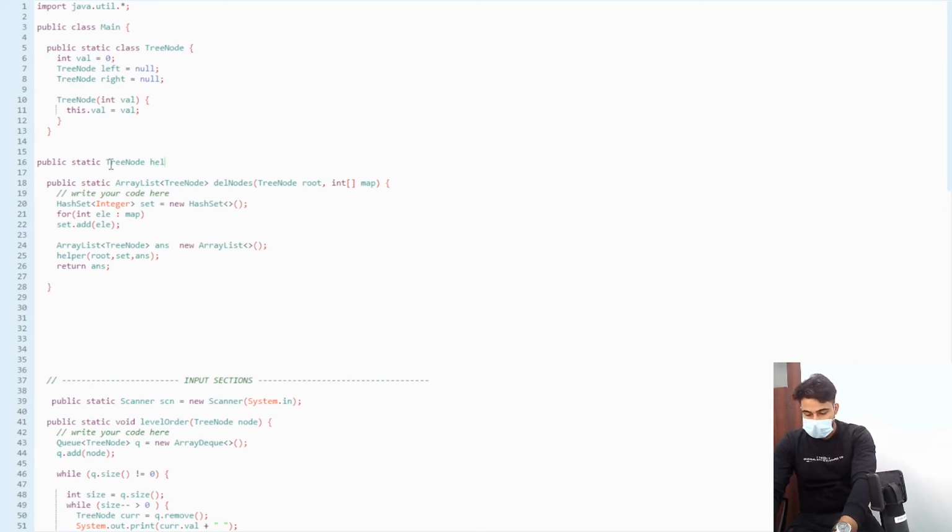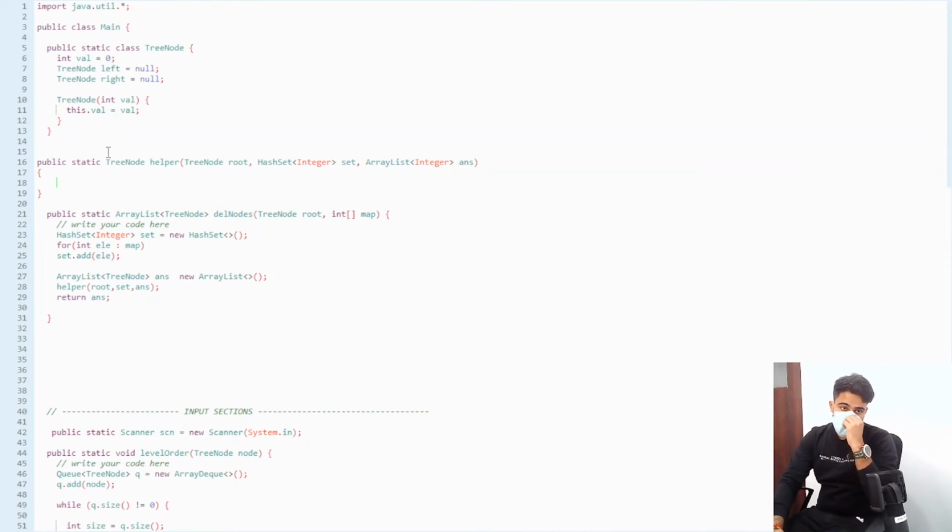Okay, so helper, in tree node root and a set of integer, naming the set, and array list of integer answer. Why I have taken the helper function of a tree node return is because I need to return something,